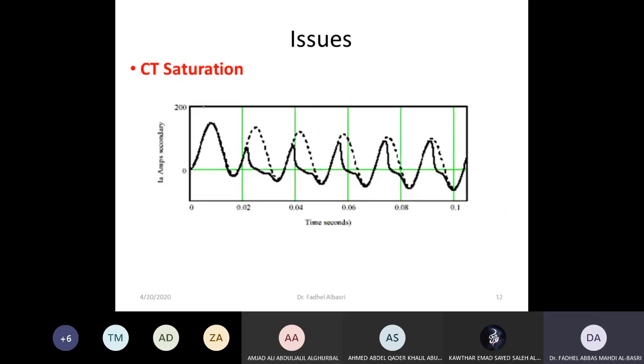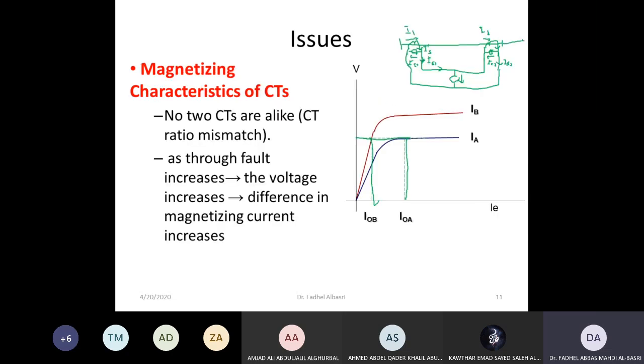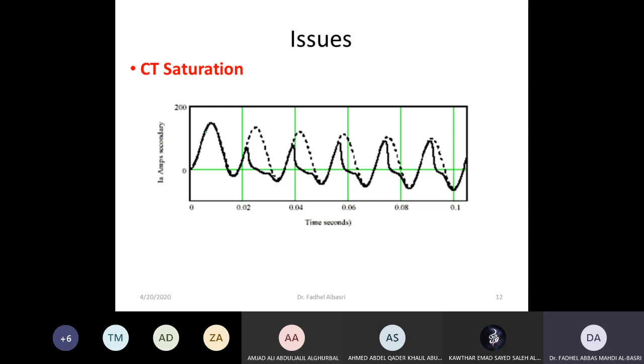The second is saturation. One CT saturates. Suppose now these are the currents for an external fault here, high current. Suppose one of them gets saturated, the second is normal, not saturating. For the saturated CT it is the solid line. For the non-saturated CT it is the dotted line. And if you take a difference between them, now you'll see a signal. Now here, if I try to draw the differential current,